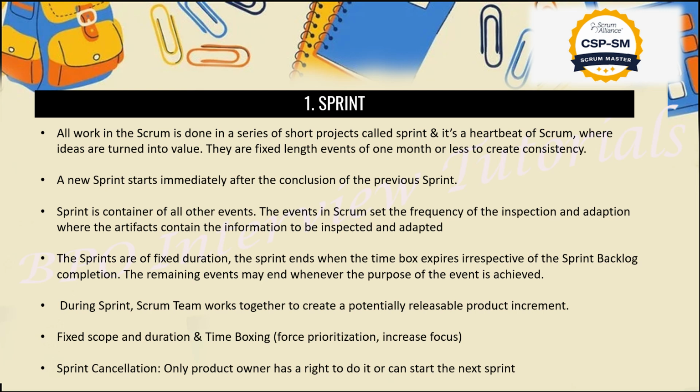Okay, now the last point: who can cancel the sprint? Guys, most of the time in the interview we will get this question: who has the authority to cancel the sprint, in between or at the start, whenever they require? Only the product owner has the option to cancel it. And the priority will be set by the product owner. On the basis of that, the developer team, the scrum team will suggest to them, okay, this is the first sprint we will pick and we will start our work on it.